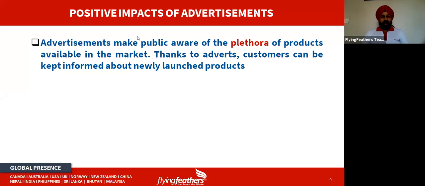of the plethora of products, lots of products that are available in our market, whether they are food items, or clothes, or your vehicles, whether it is regarding any of the bank policies, whether it is regarding anything related to your daily life, then if advertisements are there, you are getting up to date, and along with that you are provided information about any new thing that is being introduced in our market, right?